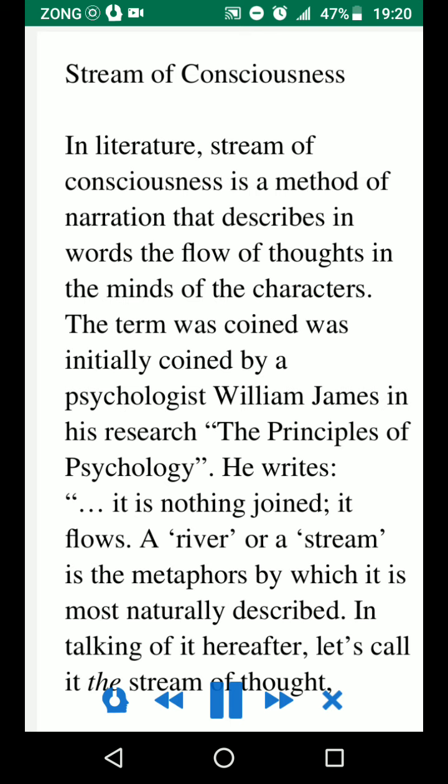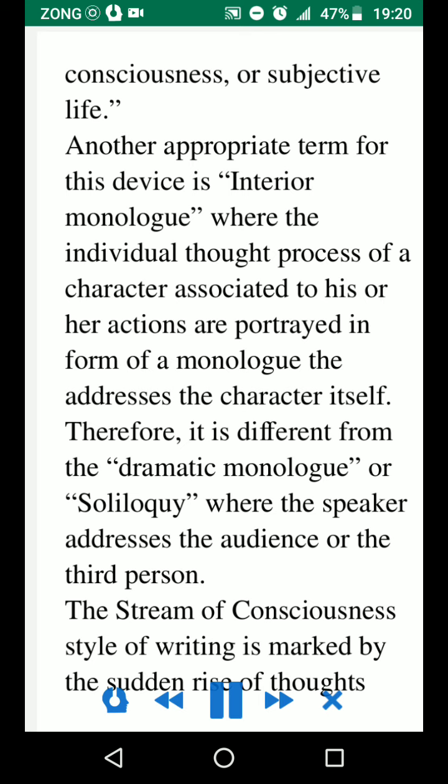He writes, "It is nothing joined, it flows. A river or a stream is the metaphor by which it is most naturally described. In talking of it hereafter, let us call it the stream of thought, of consciousness, or of subjective life." Another appropriate term for this device is interior monologue, where the individual thought process of a